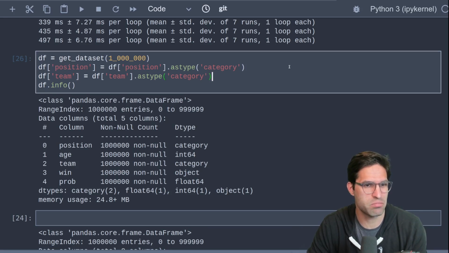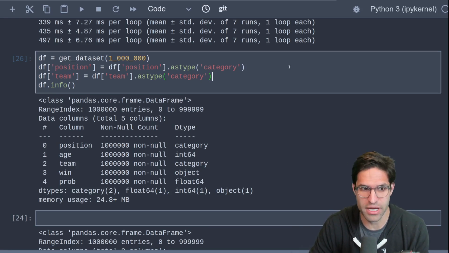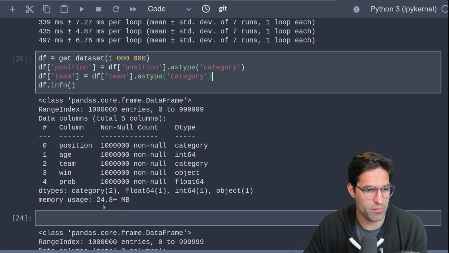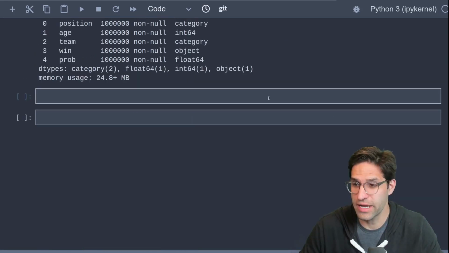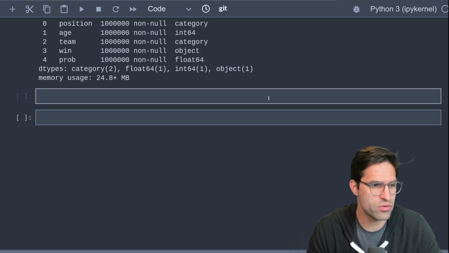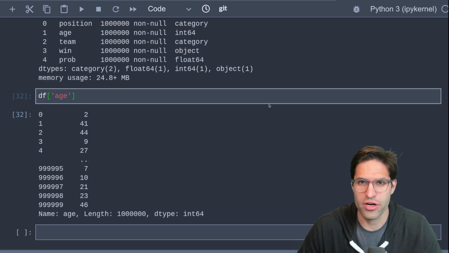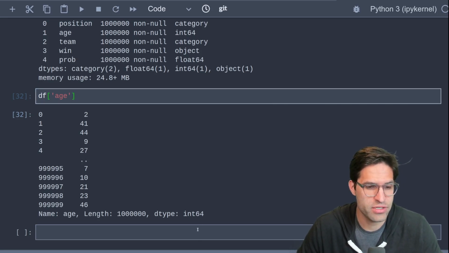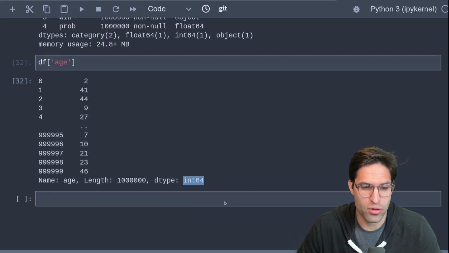But in this case, both of these we know to be category types, and we can get our data frame already down to 24.8 megabytes in size. All right, next we're going to deal with the age column. The age column is stored as an integer, and by default, Pandas will read in integer values as an int64